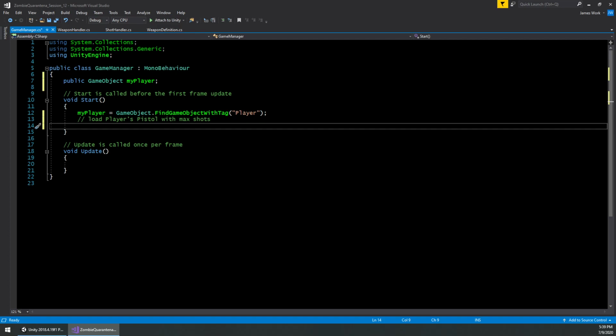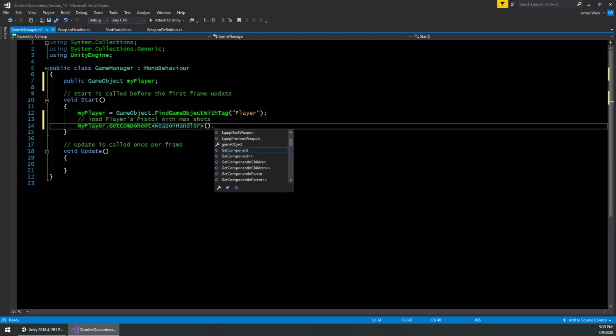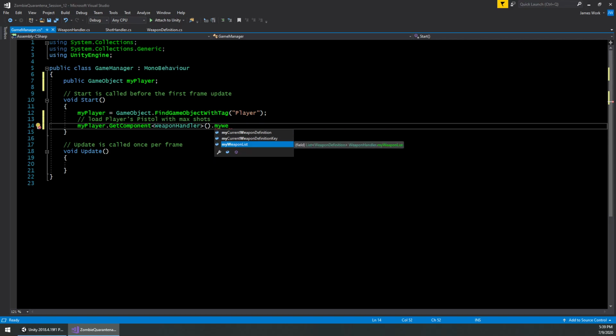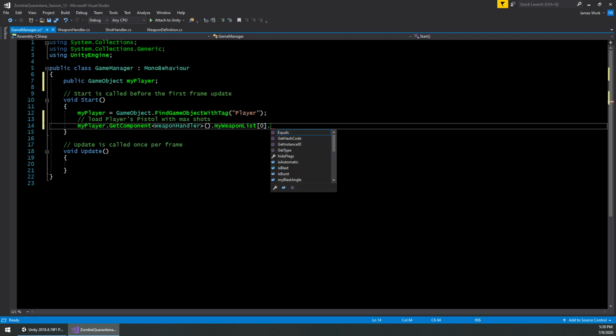Okay, so we're going to go my player dot GetComponent WeaponHandler, and then you need parentheses here, dot my weapon list, and my weapon list is a list, and I want the 0th one dot my current bullet total. Sorry, that's not my current bullet total. That's the wrong one. Dot my current loaded bullets